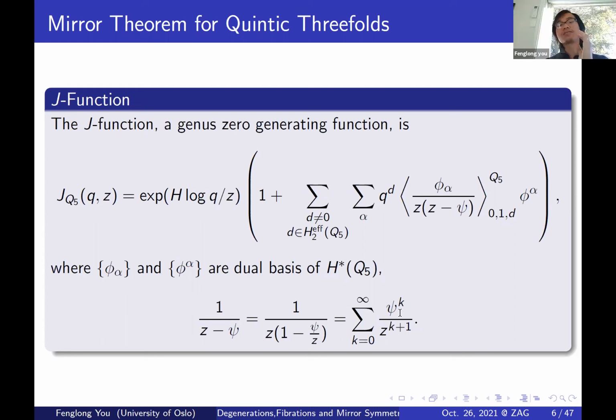So the precise form of this function is not so important here to understand the talk. It just means that on one side we have a generating function of Gromov-Witten invariants,